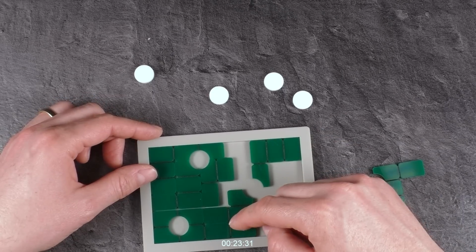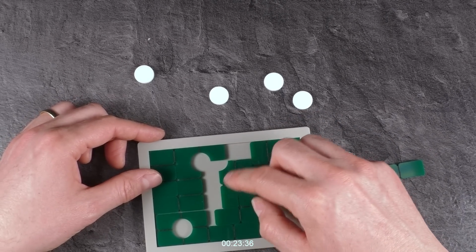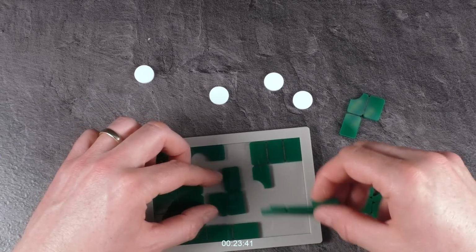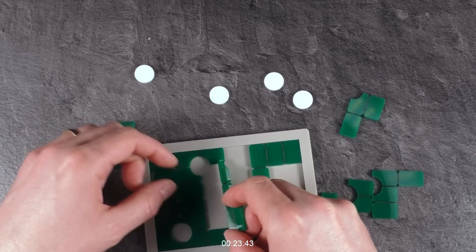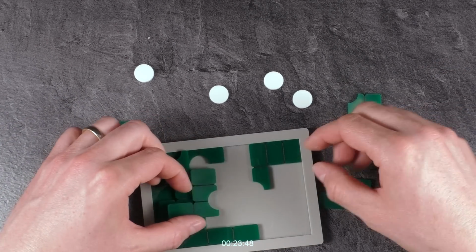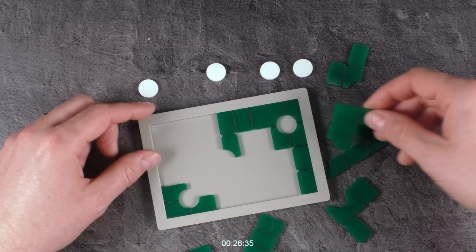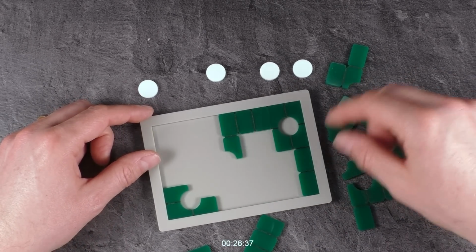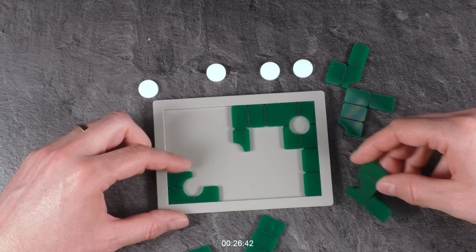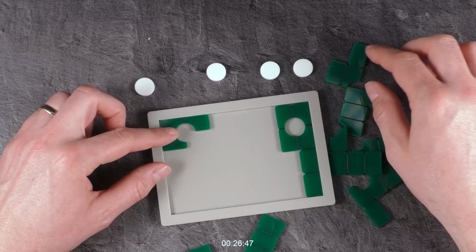Okay, and I think there needs to be a clear line where the pieces are twisted. For example, like a line here, you know, like a separation line like here. And then on this side, the pieces are sorted in a specific direction and on the other side in the other direction. No? Okay, so let's do it the other way around. I think this would not work too well here. So I will try it like 4 horizontal,